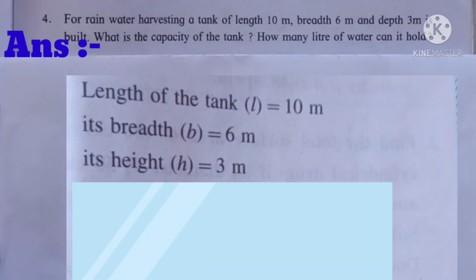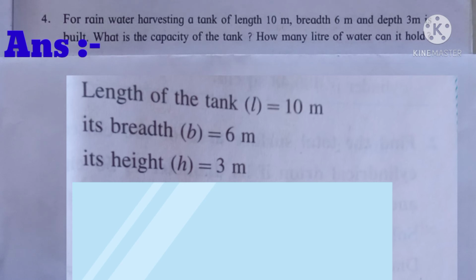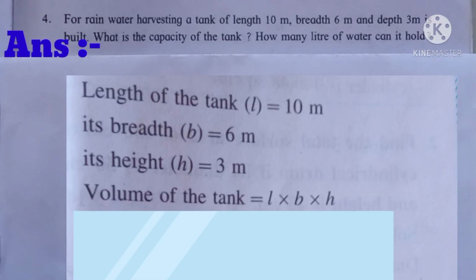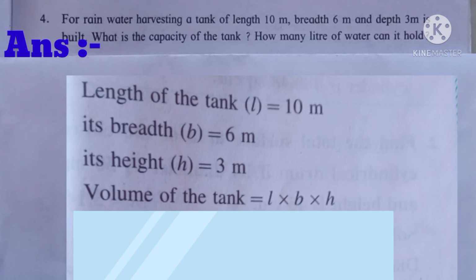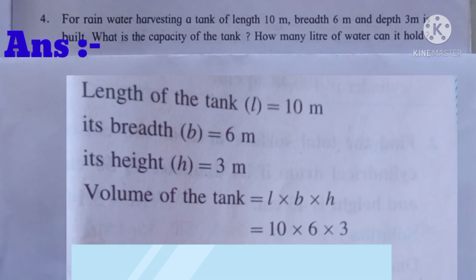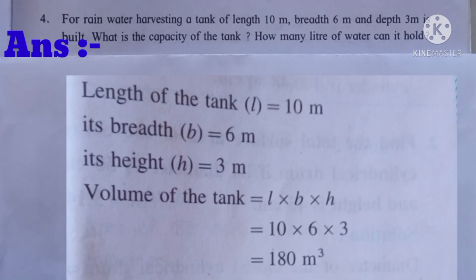Here in the answer, at first we have to write what is given in the question. The length of the tank, it means L, is 10 meter, breadth is 6 meter and height is 3 meter. Let's put the values into the formula. As the tank is in a cuboid shape, its formula will be volume of tank is equal to length into breadth into height. Let's put the values. 10 multiply with 6 multiply with 3. If we do the calculation, then we get the answer, that is 180. Students, as these three sections L, B, H all have the meter unit, that's why we have to write the answer in m raised to 3.